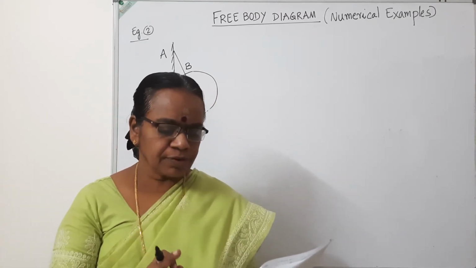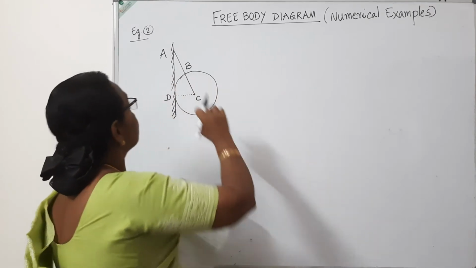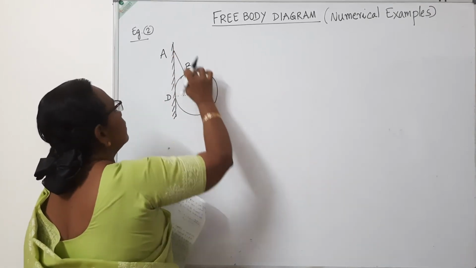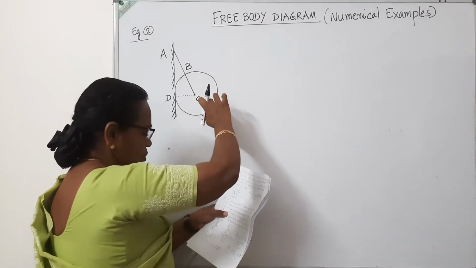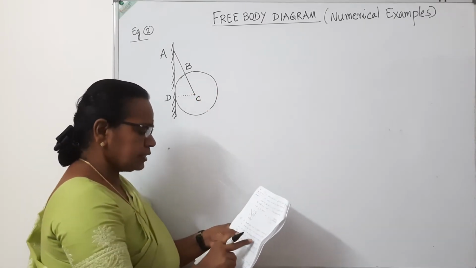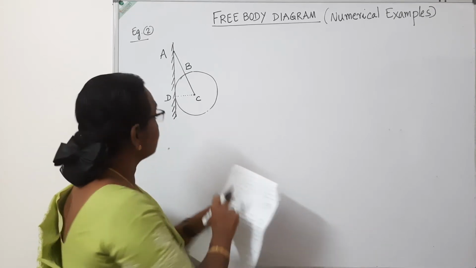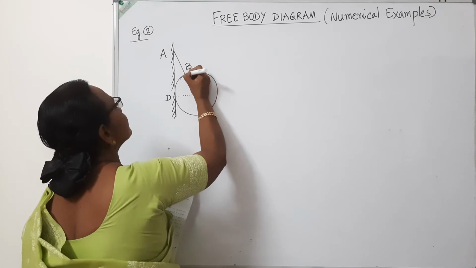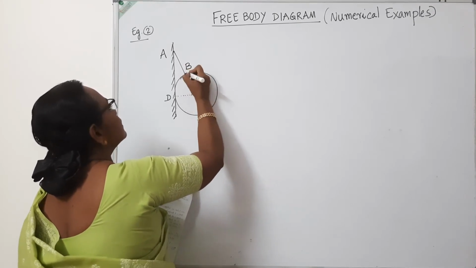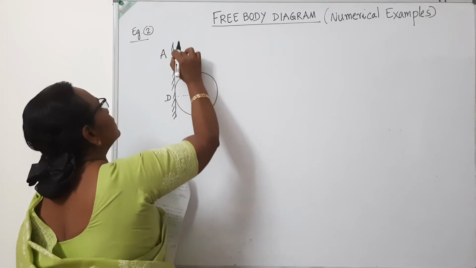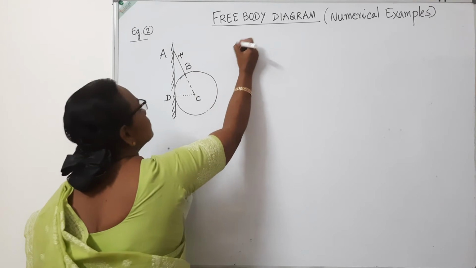If the length of the string is equal to the radius of the sphere, length of the string is A. So it is not attached to the center. The other end being attached to a point on the wall. One end is fastened to a point on its surface. So the string is attached to a point on the surface. String is attached to point B and the other end is attached to A. So the length of the string is AB.